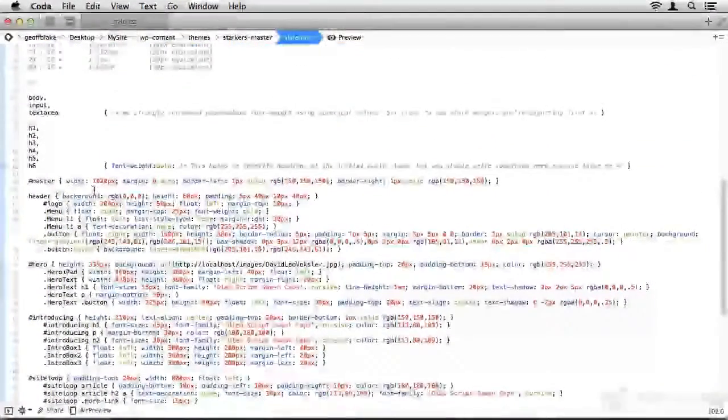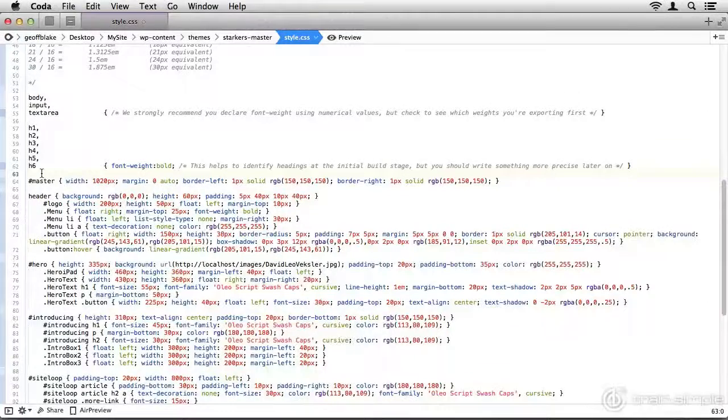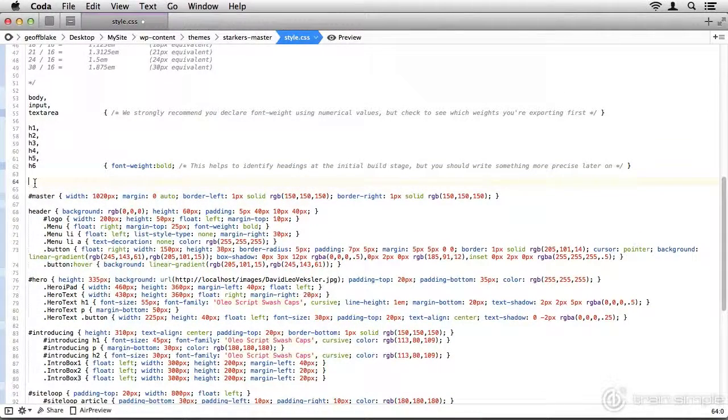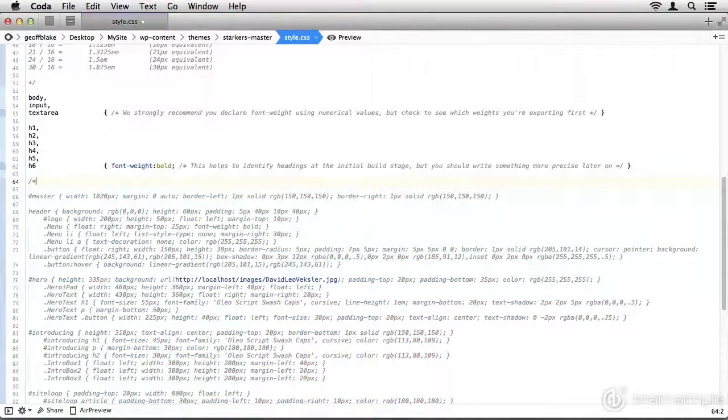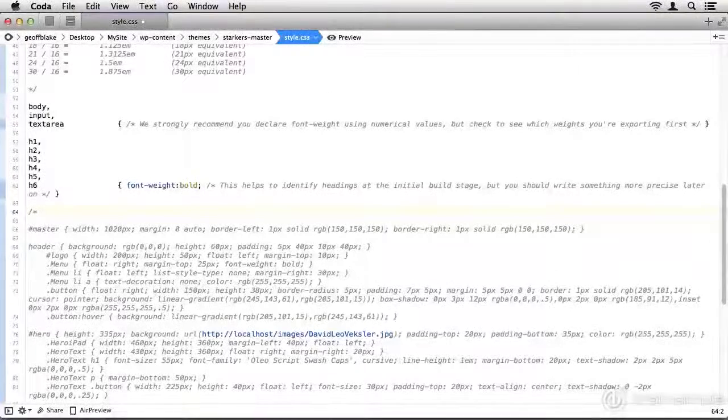Okay? So what I'm going to do here is drop my cursor just above master. For myself, this is around line 64, if you have line numbers available for you. Okay, and here's what I'm going to do. I'm going to type in a message for myself, or perhaps for another developer, maybe they're taking over my site for me or something like this. I'm going to type in a CSS comment here, starting with /*, something like this. Once again, let me zoom in here a little bit so you can see what I'm typing in here. /*,